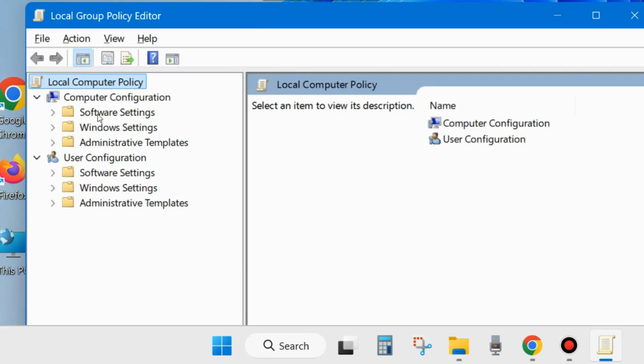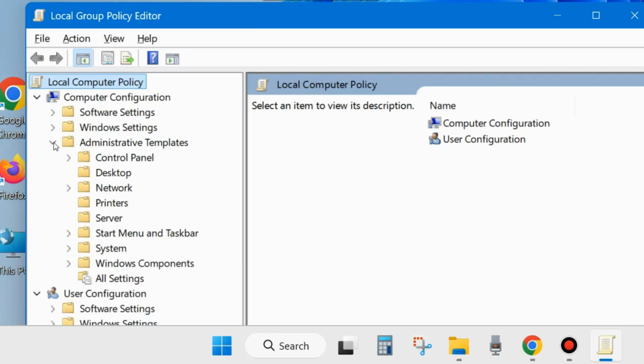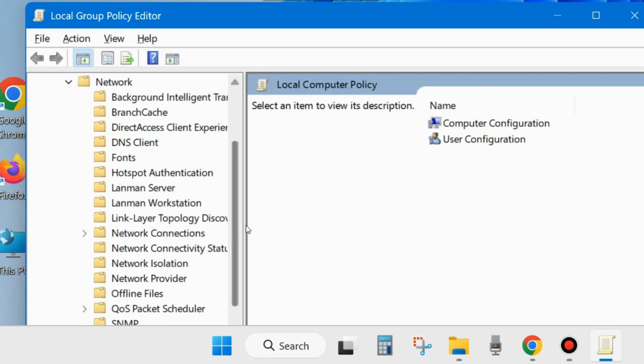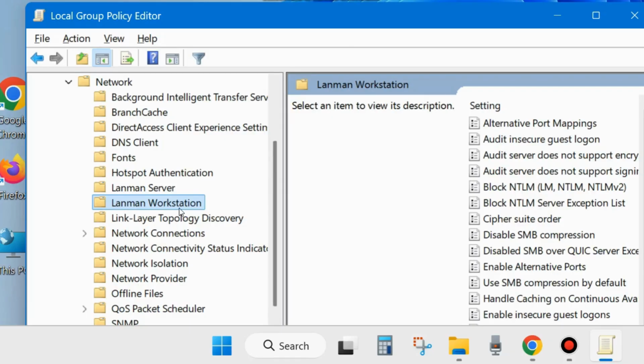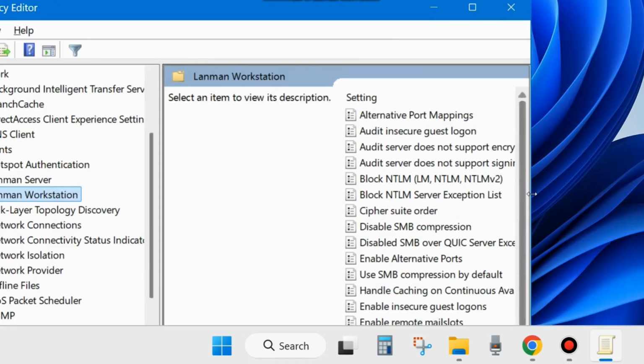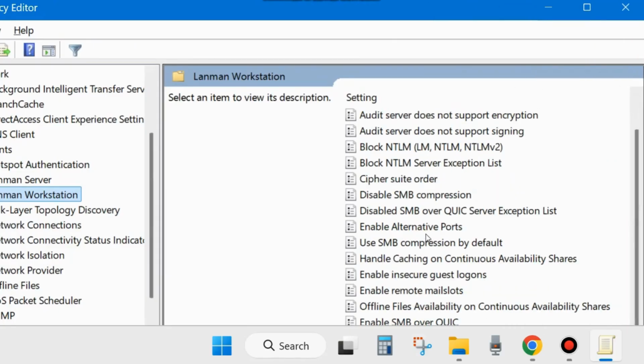Here from the left side, go to Computer Configuration and expand Administrative Templates, and here expand Network, and here scroll down and look for the option Lanman Workstation. Select it. Thereafter go to the right side, and here you will find the option